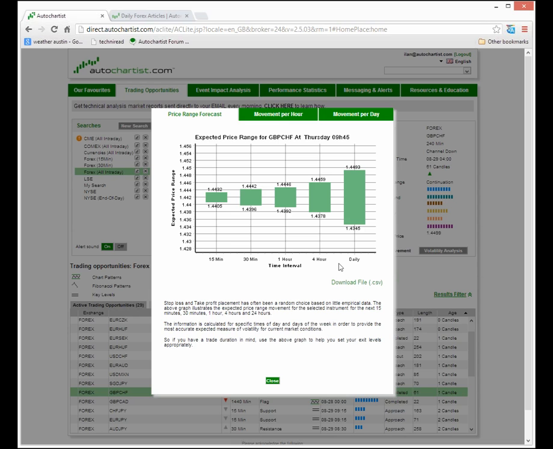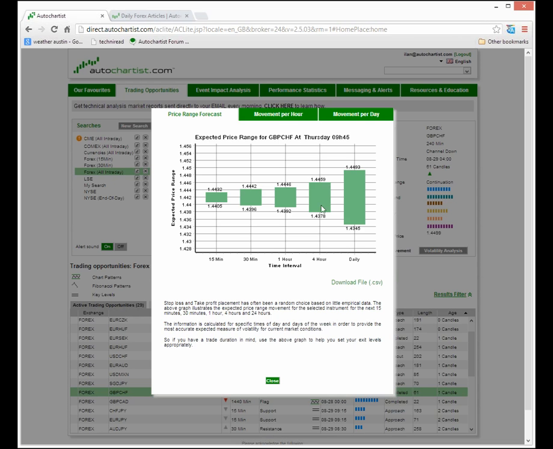There's a big difference, because sometimes you could say, yes, I think GBP is strengthening against the Swiss franc, so I'm going to take a long position, and you set your stop loss too close, and then there's one slight movement in the wrong direction and you get knocked out, and then the subsequent movement is exactly in the correct direction that you predicted. What you don't want to do is get knocked out for that reason. You want to get knocked out admitting defeat, saying, yes, I called it wrong, but I set my stop losses and take profits appropriately according to current market conditions. So this movement per hour of day gives you an idea of how different instruments trade